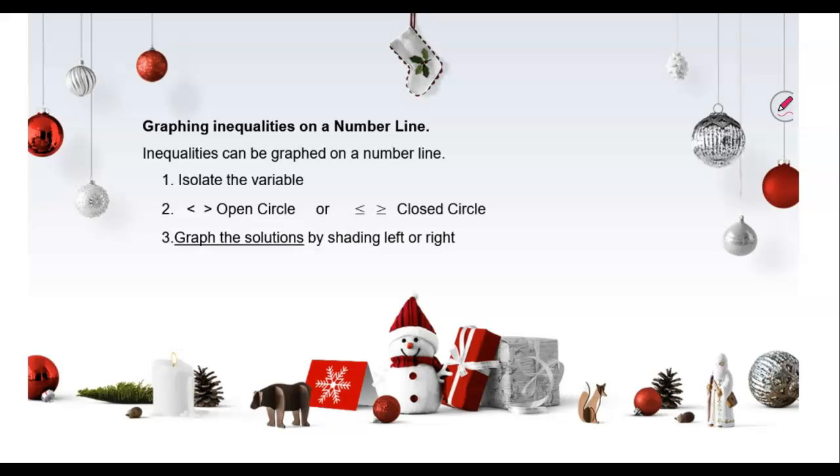So our three steps that we'll be using to graph inequalities on a number line are, first, we are going to isolate the variable. We're going to treat that inequality like an equal sign while we isolate that variable. If it's less than or greater than, we will put an open circle on that point. And if it's less than or equal to or greater than or equal to, we'll put a closed circle on the point. And then we can use a test point or read our inequality and shade it correctly left or right. It will always shade on the left as long as the inequality is pointing